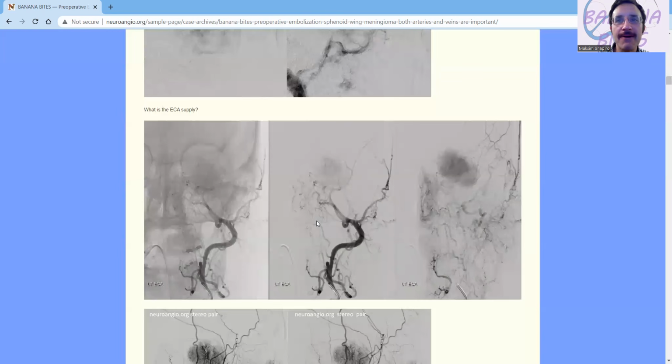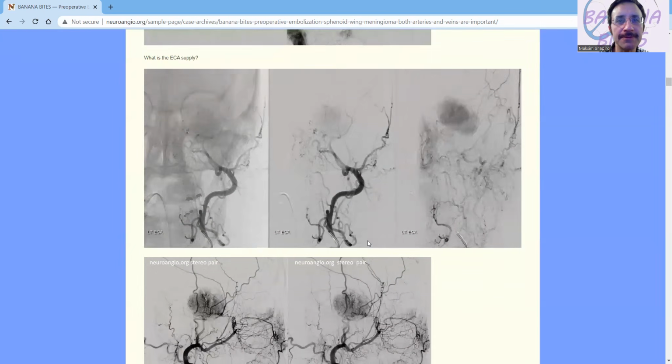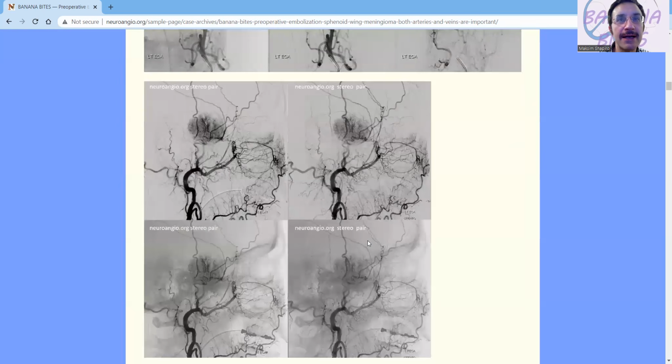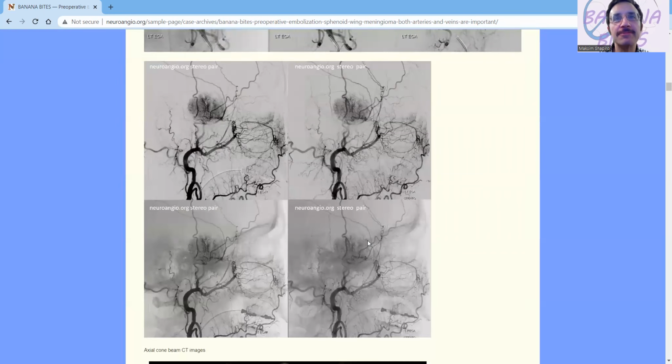All right, now on to the external, of course. Fine. It's a hypervascular tumor. We see that here. Now, some of these are better seen from frontal projections, so how this middle meningeal, all these proximal pedicles coming in there. You can see that well on this view. Something else too. Again, a stereo pair of the lateral projection of this ECA injection. We have this